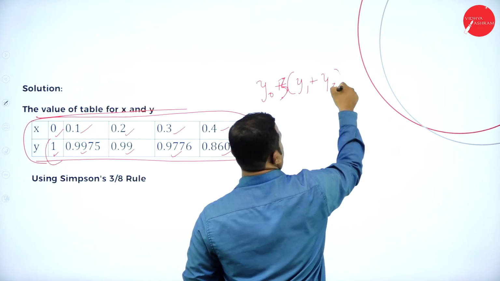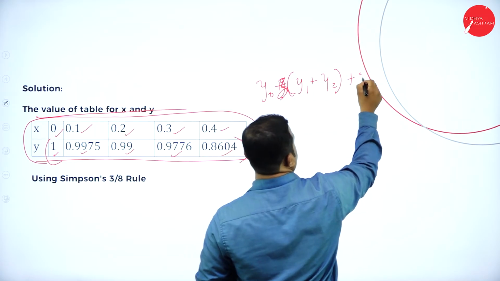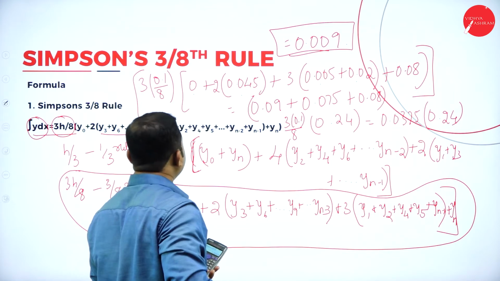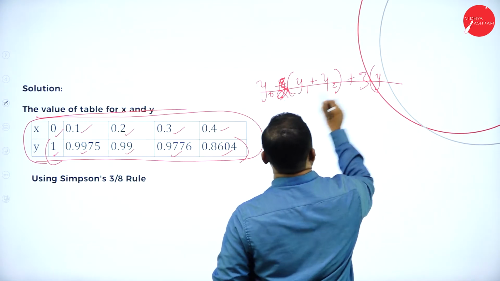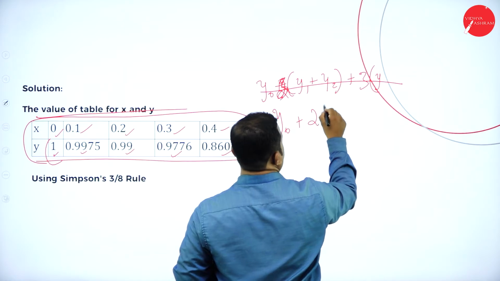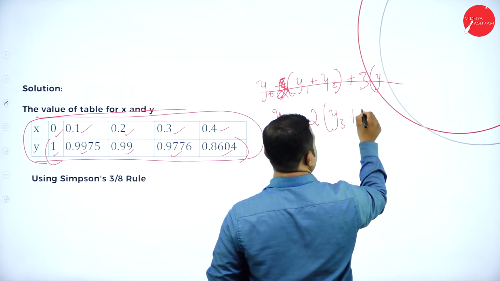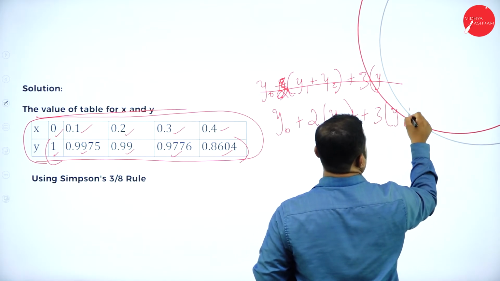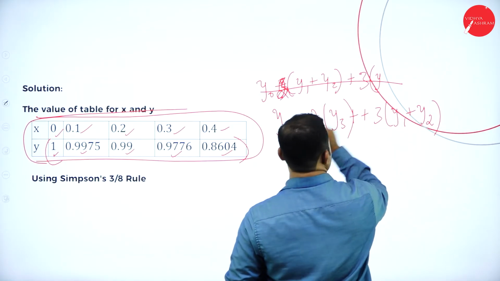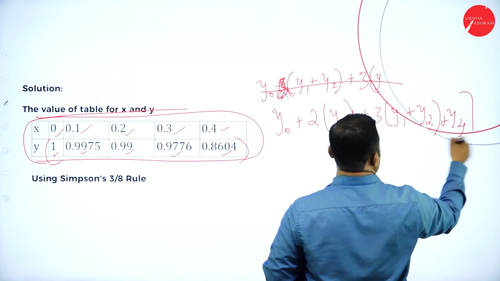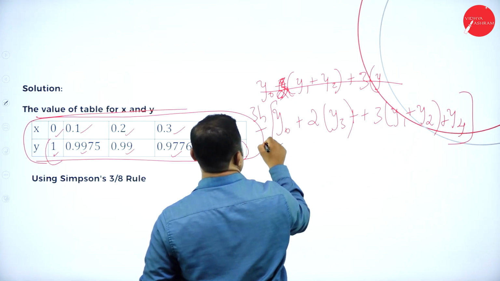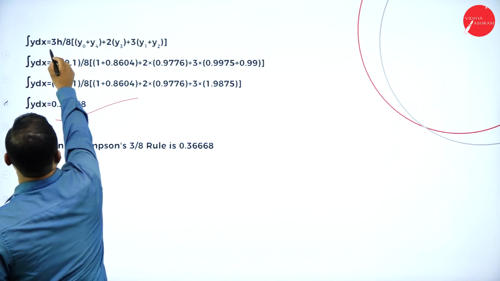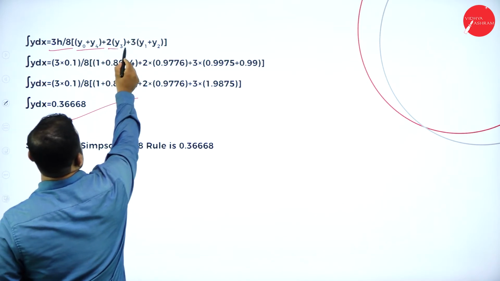y1 plus y2 plus 2 times, plus 3 times, what is that? Let me show you that. 3h by 8 it is. This is 2 times y0 plus 2 times y3 plus, we have only 3 terms here, y3 plus 3 times y1 plus y2. We have y3 here, so we will be left with y4. So if I substitute into this equation 3h by 8, what is the obvious result we are going to get? We are going to get this value, that is 3h by 8, y0 plus y4, 2 times y3 plus 3